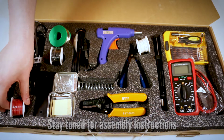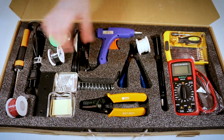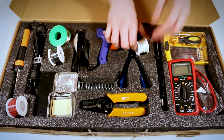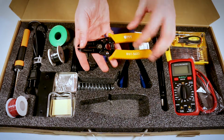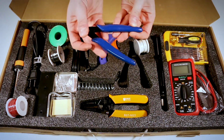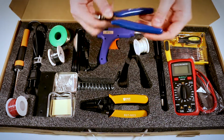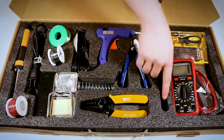We also include 3 colors of wire: red, black, and white. And along with wire strippers, which help you take the insulation off the wires so you can better use them. To clean up your project and make sure everything's nice, right angle cutters, a hot glue gun with 2 glue